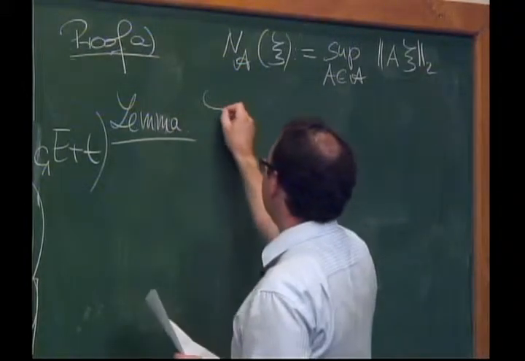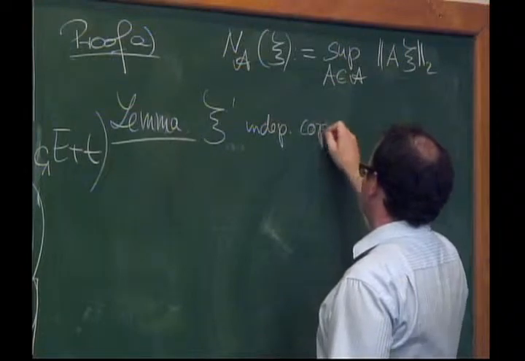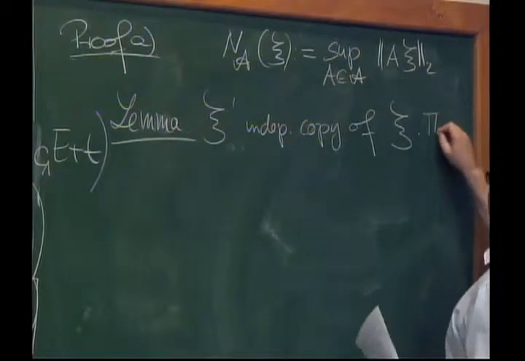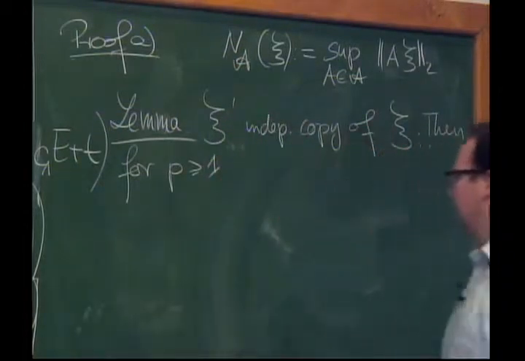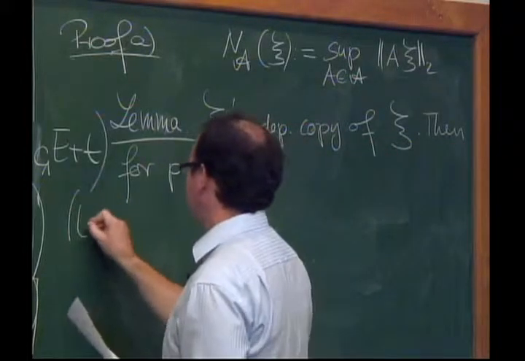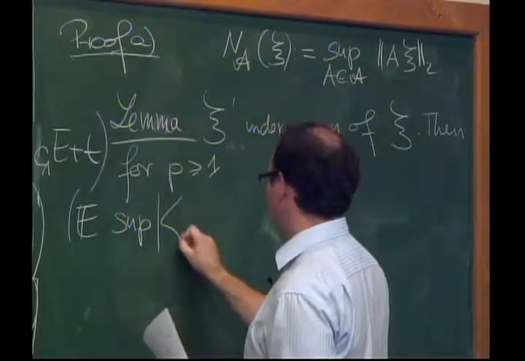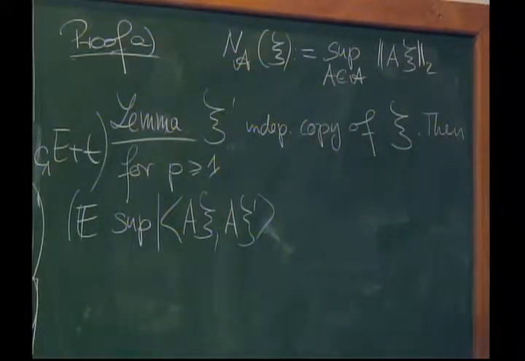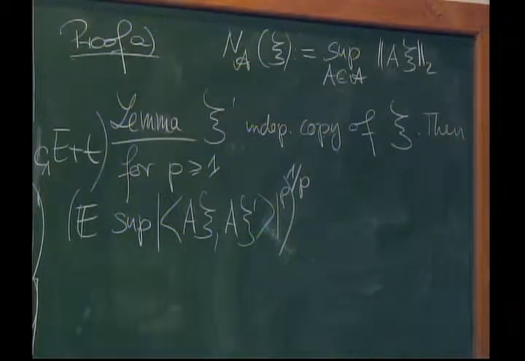So let's assume psi prime is an independent copy of psi. Then for p larger or equal to 1, we have that the expectation of the supremum of a psi inner product with a psi prime is bounded